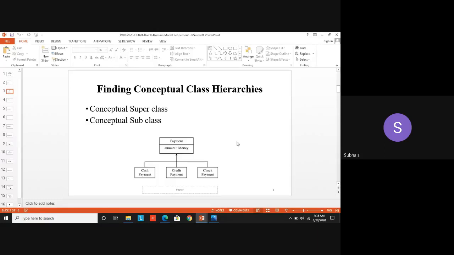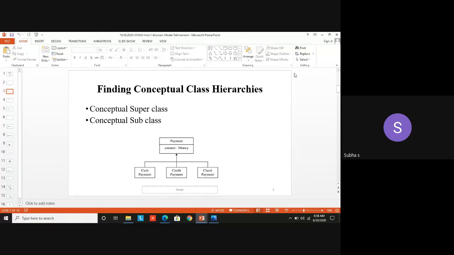Yesterday we saw how to find the conceptual class hierarchy. You may be asked the question, draw the class hierarchy for a particular bird. For example, draw the class hierarchy for peacock. If the question is given, how can you classify? You have to mention peacock, a kind of bird. So bird is the parent class. That bird may be a subclass for what? For creatures. Creatures can be divided into human beings, animals, birds like that. Under birds you have peacock. Like that you have to draw the class hierarchy. So that is the conceptual class hierarchy.